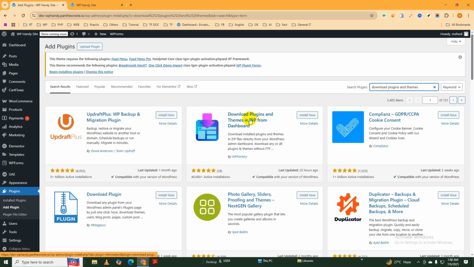You can see this is the plugin, download plugins and themes in zip from dashboard. We have to install it, so click on install now, activate,